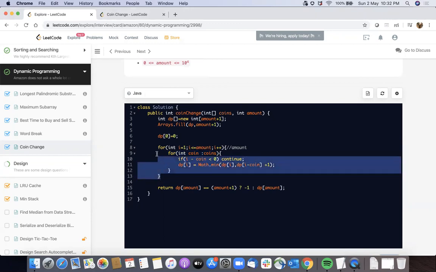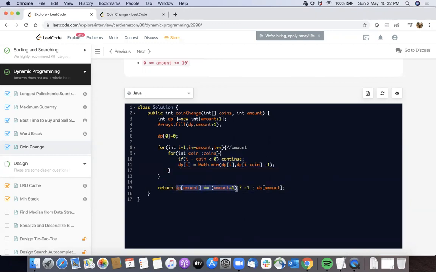This is called the bottom up approach. We will slowly build our DP array bottom up. We'll start from 0, 1, 2, 3, up to that amount. So at the end, if the last amount is still amount plus 1, which I initialized initially, or it could be integer max value, whatever you feel like, we know it is not possible for any combination of coins to make it, because if the least number of coins is 1 and we have already included 1 more, it means none of the coins worked and that value never got updated. So that is why we are returning -1, that it is not possible.